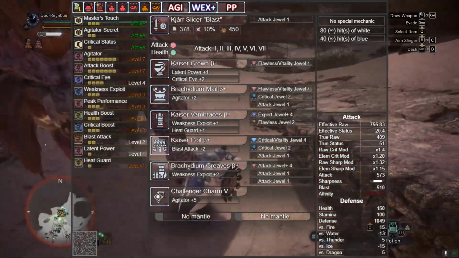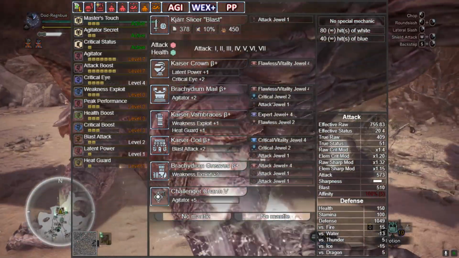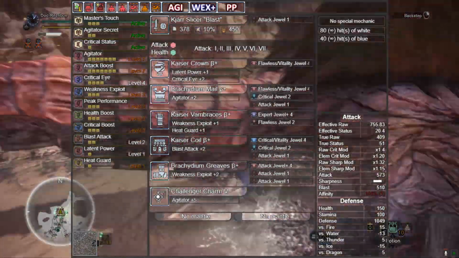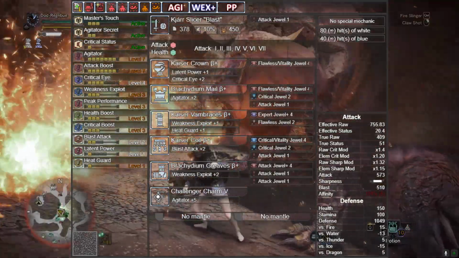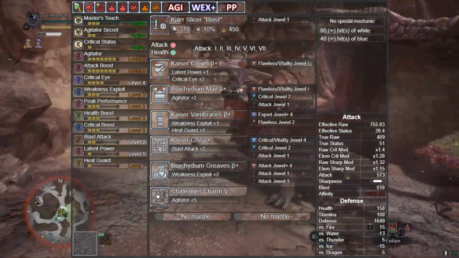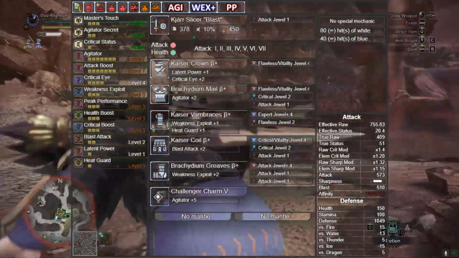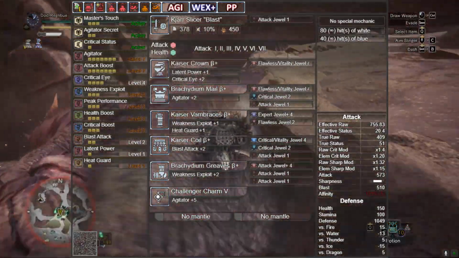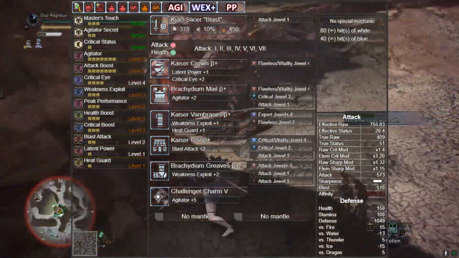We've got an attack deco in there. Flawless Vitality. You can use Coalescence if you wish to get that little bit more blast out. Flawless Vitality again. Critical Duel 2, Attack Duel, Expert Duel 4, Flawless Duel 2, Critical Vitality, Critical Attack, and Challenger. Basically all the builds are basically saying the same. However, with this one, you might notice that we're at